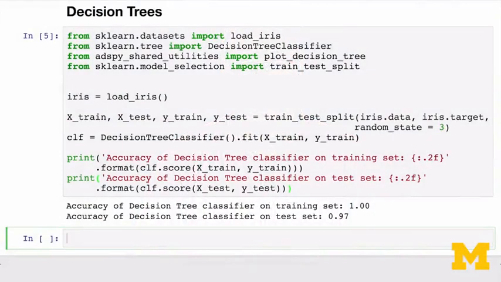Decision trees can also be used for regression using the same process of testing the feature values at each node and predicting the target value based on the contents of the leaf node. For regression, the leaf node prediction would be the mean value of the target values for the training points in that leaf. In scikit-learn, to build a decision tree, you import the decision tree classifier class from the sklearn tree module and fit it just as you would any classifier by creating the object and calling the fit method on